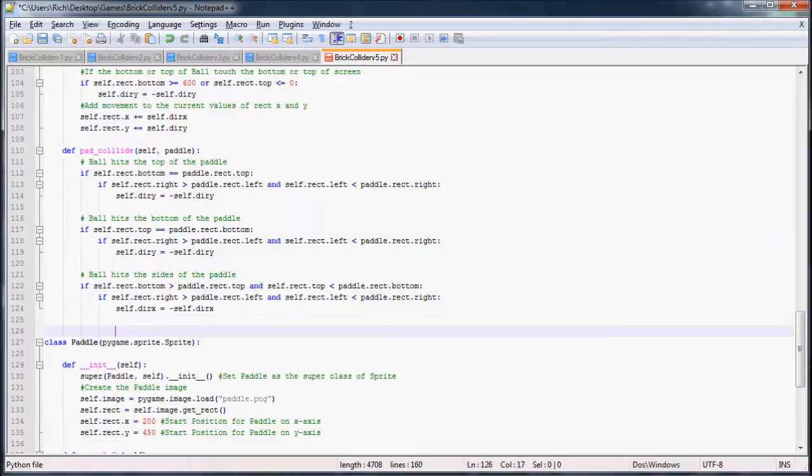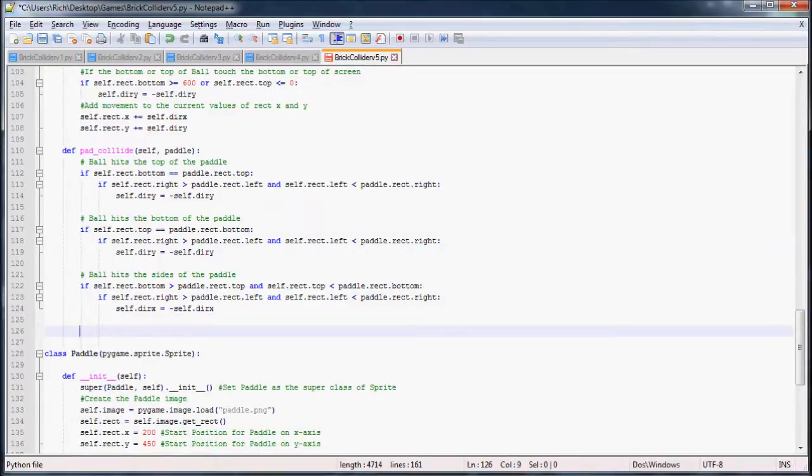Sprite comes with a sprite collide function, so that's what we'll be using. But we need to define a function here in the ball class. So def block collide, we take itself in. It needs to bring in the sprites that we're going to check, which is the block group. So we're going to just call it sprite group here,